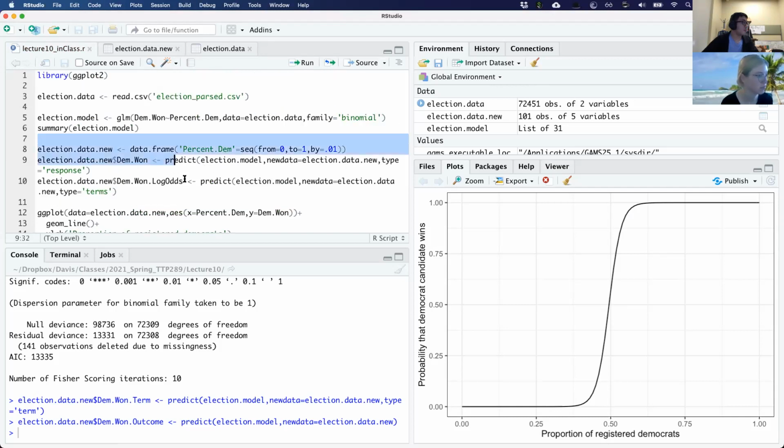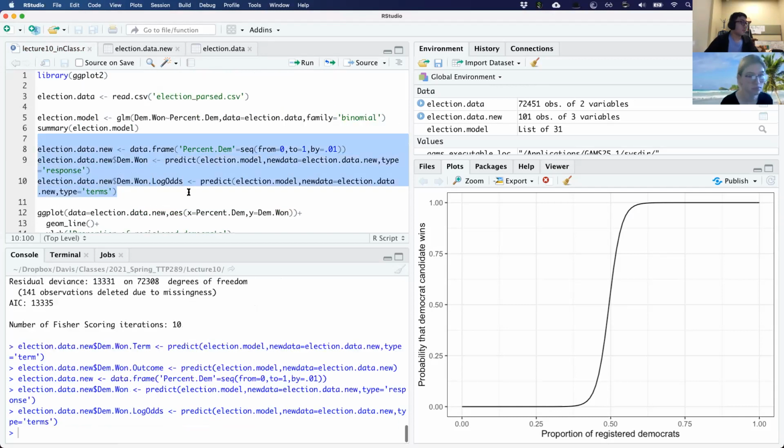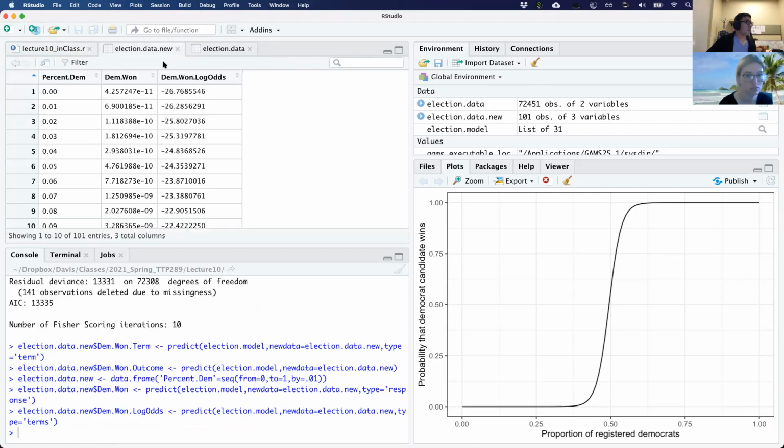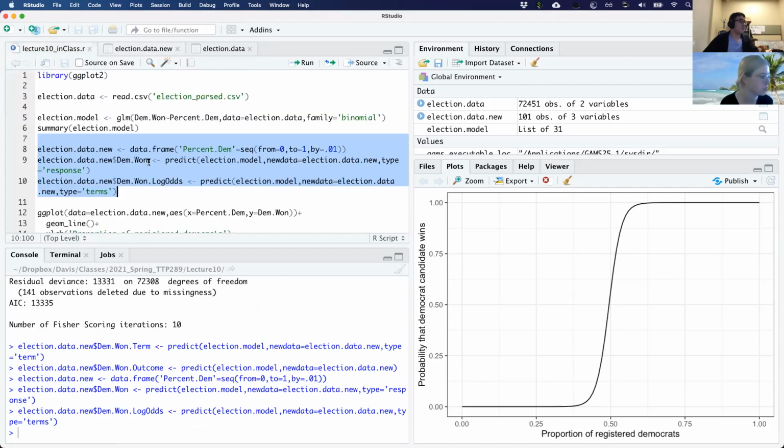Let's just do this again. Okay. Democrat, so this is the probability, just to be extra clear.